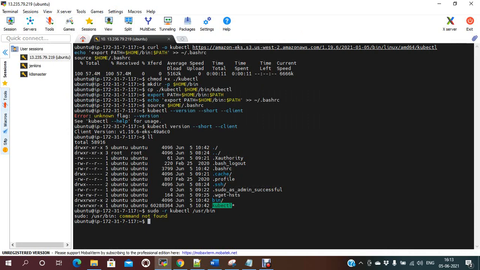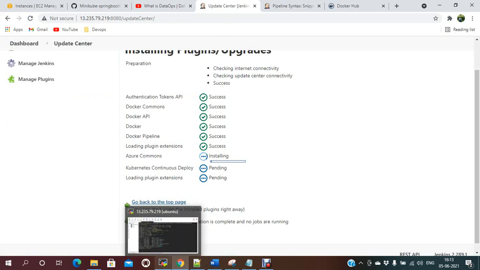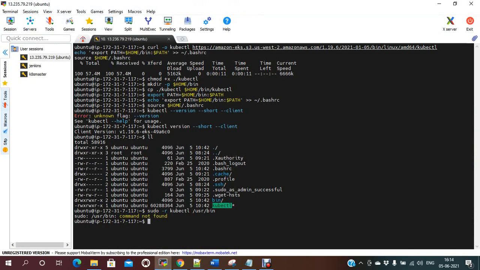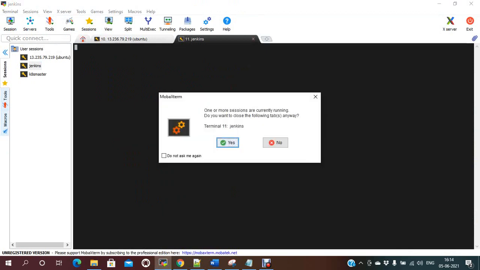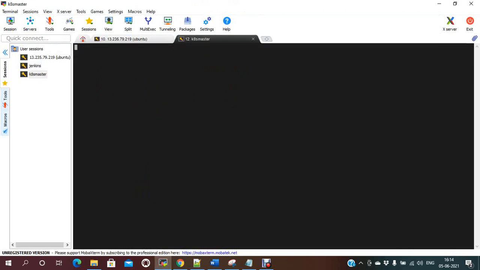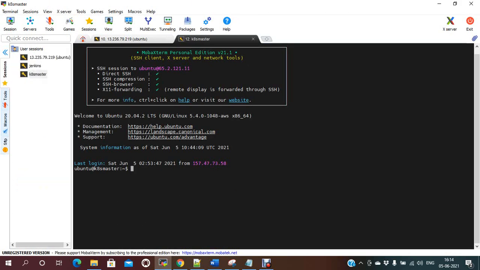Okay, I will check this later. Meanwhile, you just need to copy, sorry, not the Jenkins one. You just need to go to the Kubernetes master. Under the Kubernetes master, you have a dot kube folder. Under dot kube, you have the configuration file. You just need to copy that configuration file into Jenkins.